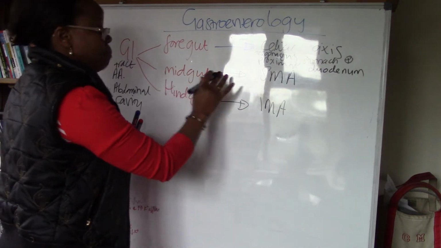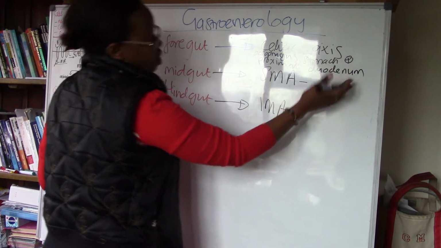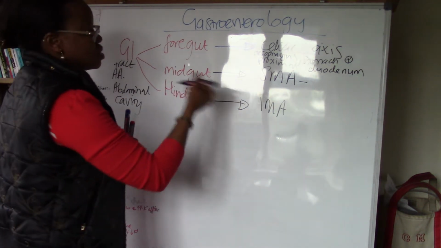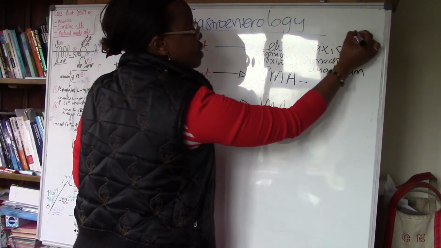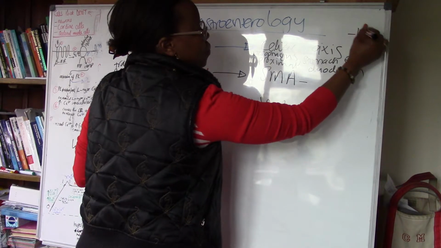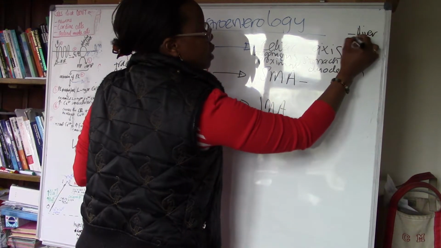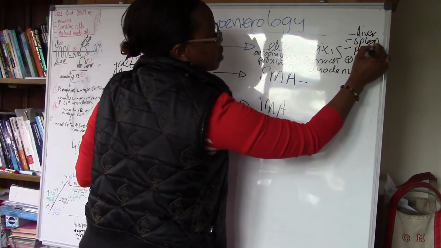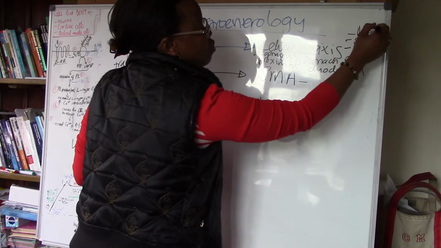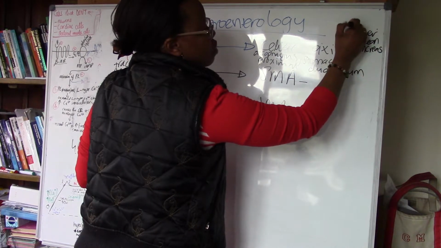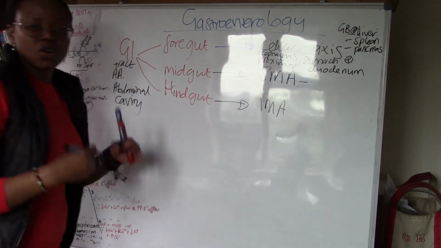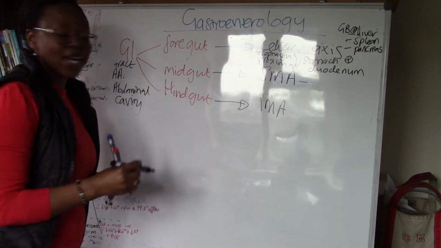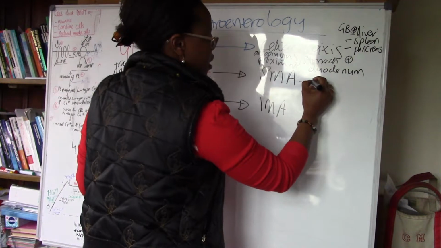The foregut will also include the accessory organs, and this will be the liver, the spleen, and of course the pancreas. And of course the liver goes without saying, with the gallbladder as well, because all of these structures are found in the abdomen. And then the midgut will include the distal